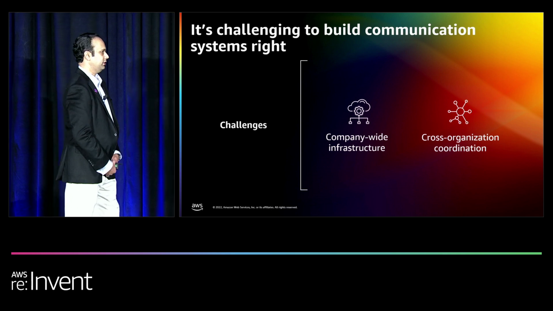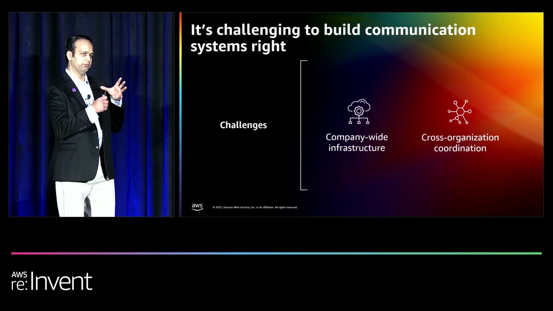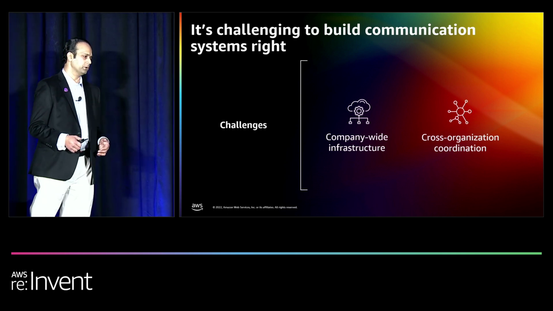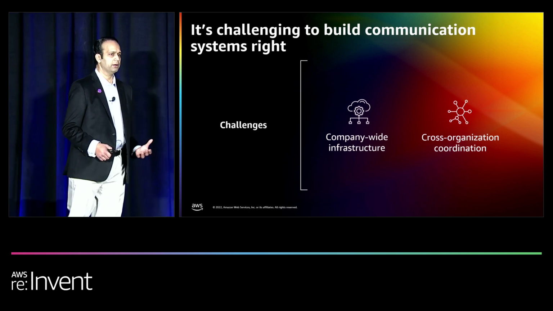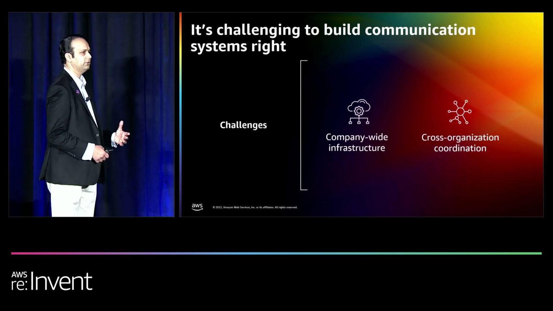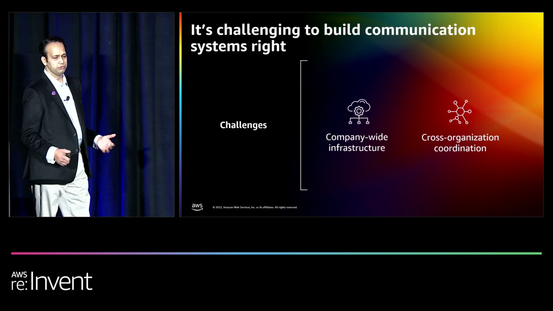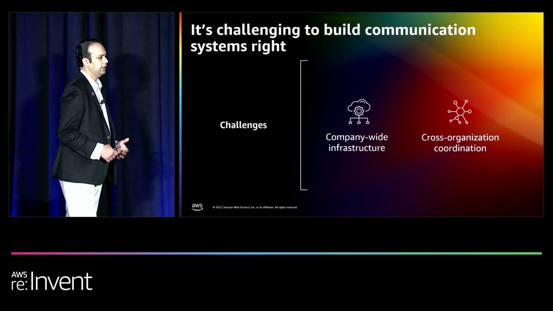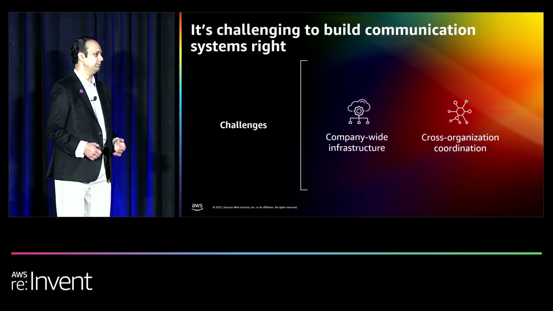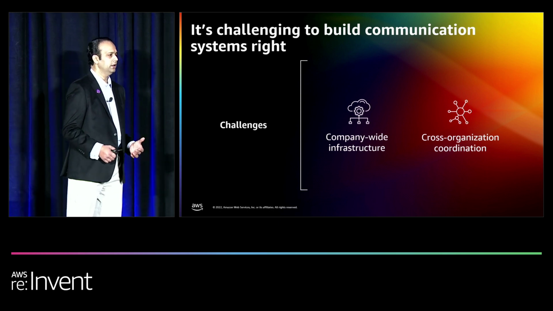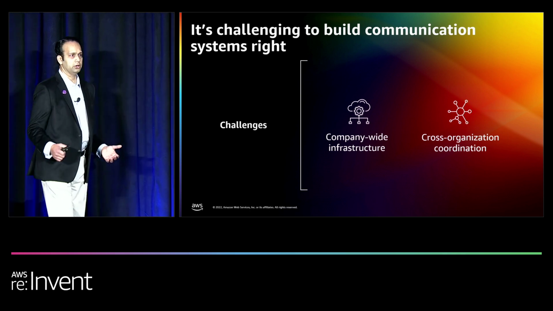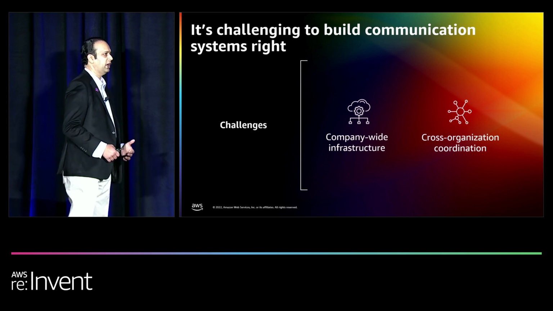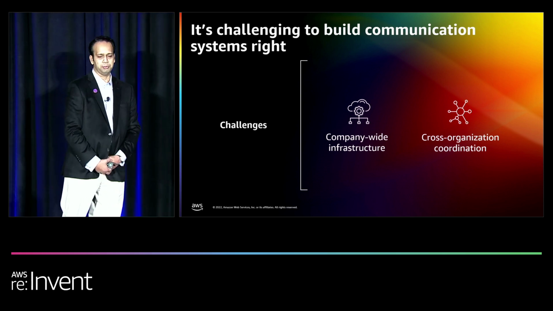So what are the challenges? As I described, first of all, we have these disparate islands of different platforms that are in play. We're going to go through a couple of customer examples and specifically talk about the APIs and services they're using from AWS in this presentation today. But typically what you find is, first of all, a lot of risk aversion around communications. It's a utility that many times is ignored within an enterprise IT planning process, but it's also a super critical workload. When it goes down, it's a profound business-stopping type of event from a communication platform perspective.